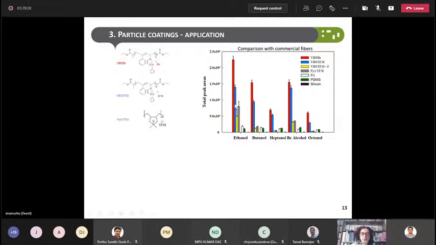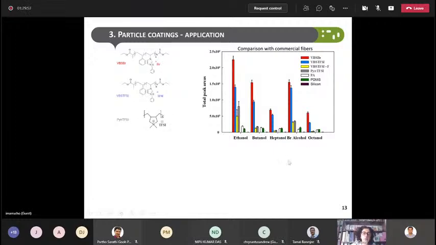Comparing our three polymers, which are the three bright colors here, we can see that the bromide anion really performs very well, and second is the TFSI. Both of these polymers perform better than the pyrrolidinium polymer,